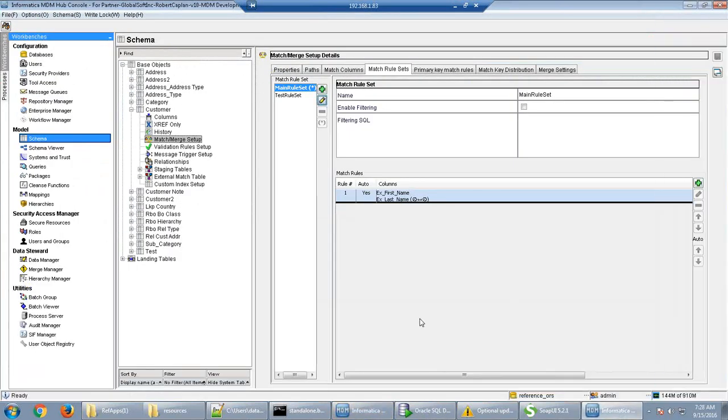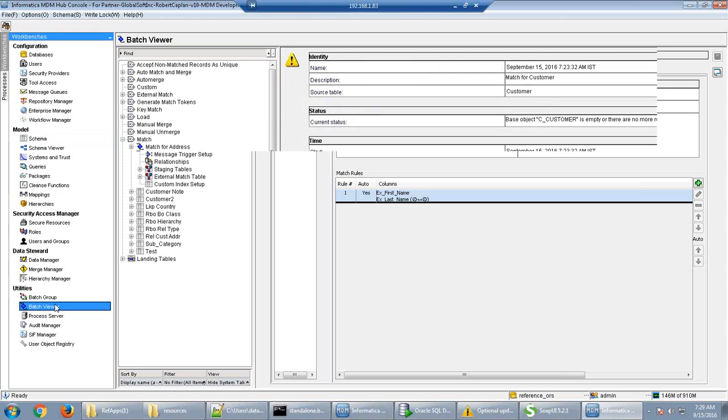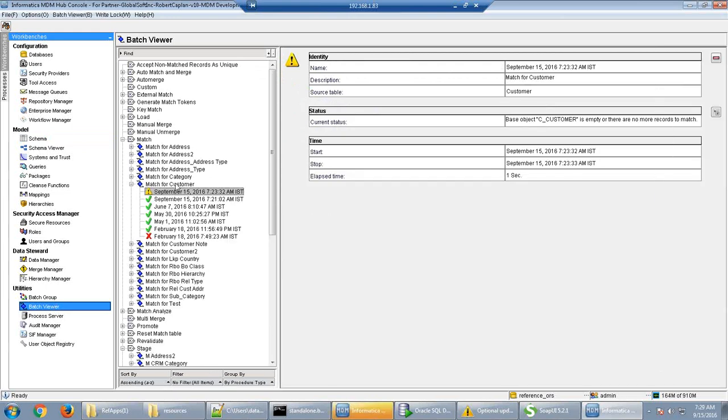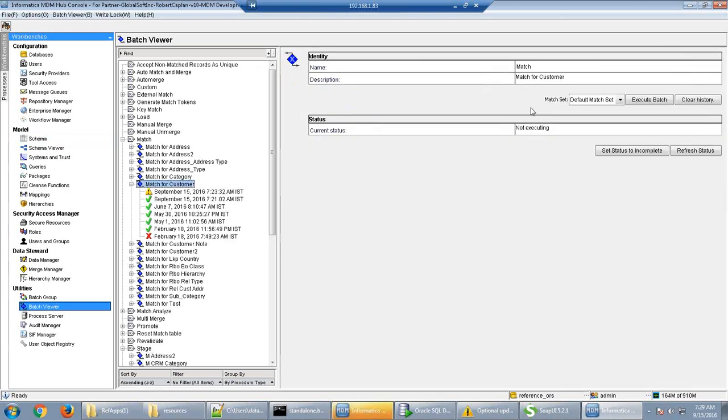I don't need to run the stage job and the load job because the data is already there in my table. I just need to run the match process. This time it will not give me any error because I have consolidation indicator 4 in my tables, so it will execute.